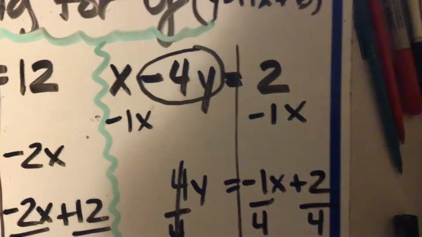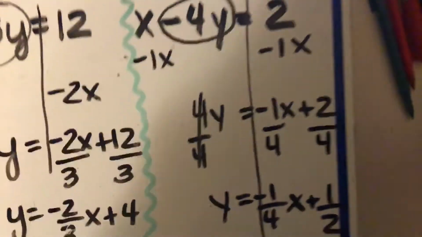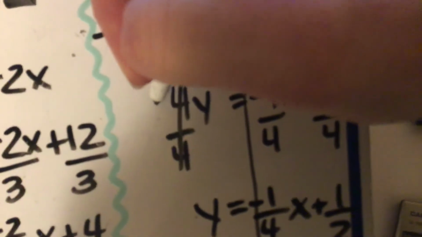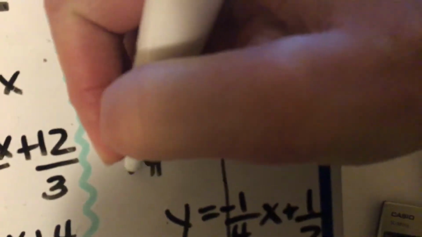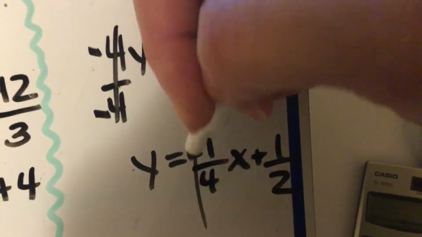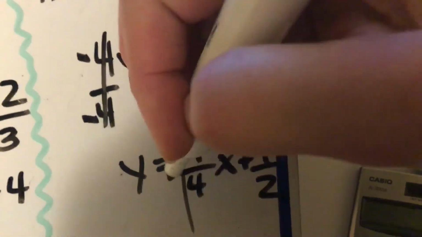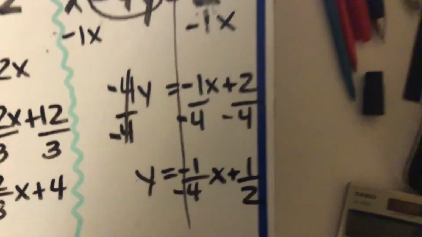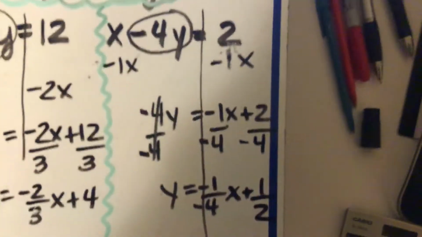And I just realized I made a mistake on here. Forgot my negative. Pardon me, one sec. This is negative, which means all these guys are negative. Which means that's going to be negative. All right, let's see. All right, so now